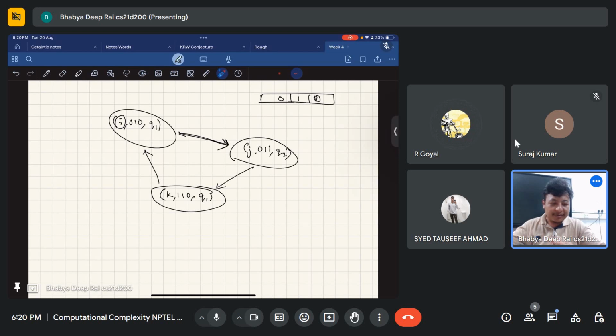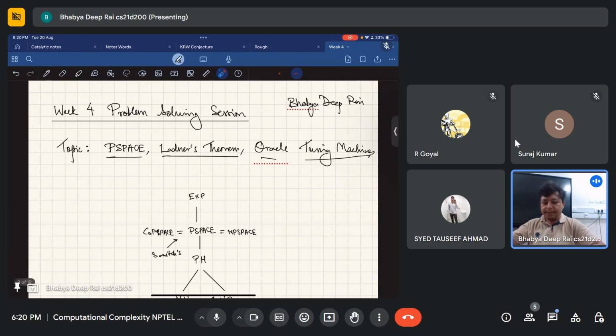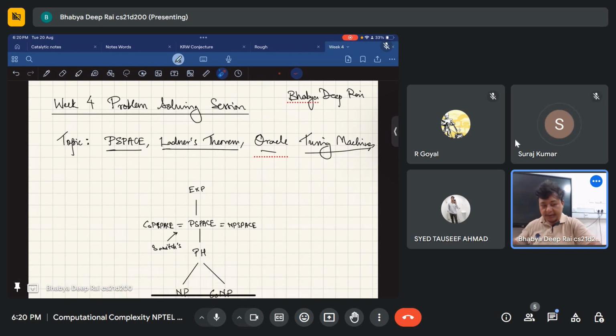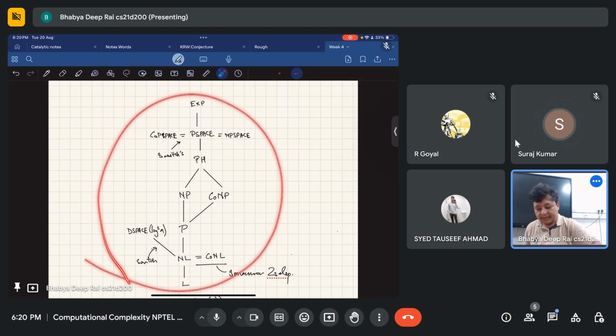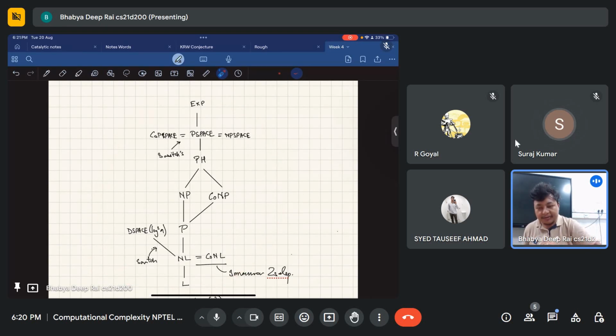Is that clear to others also, Suraj and Syed? Yes. Okay. So make sure that you remember this landscape well. As the course progresses, we'll add more and more classes to it. A good question is, how many of them do we know are strict subsets, strictly